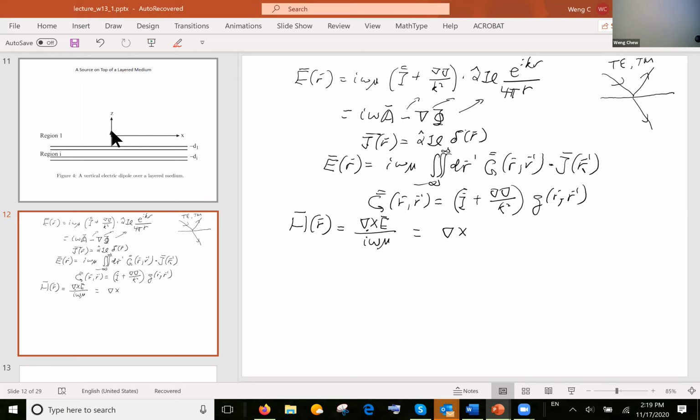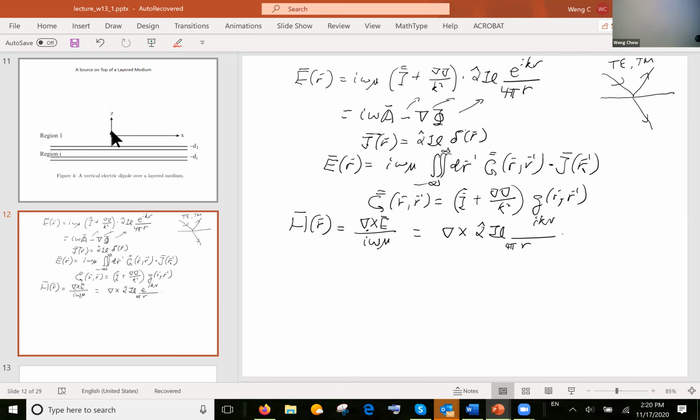The curl of a gradient is always equal to 0, so this term drops out, and you're left with only the first term if you take the curl of E, and then you will have this e to the ikr over 4 pi r, sorry. Okay, so you can easily write down the electromagnetic field due to a Hertzian dipole pointing in arbitrary direction using